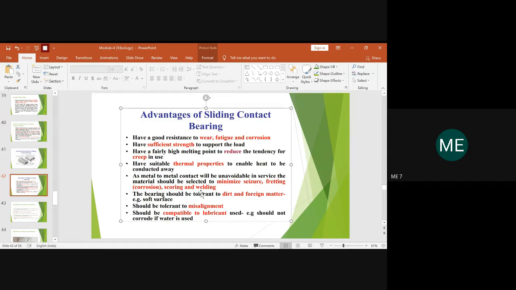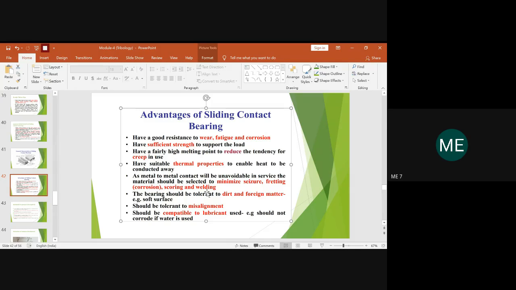And the bearing, what they are using here, is tolerant to dirt and foreign material. Sometimes the sliding contact bearing material is tolerant enough, but some other bearings cannot tolerate dirt and foreign material. Due to that, there will be impurities across the contact area, which can result in the formation of barriers for the relative motion across the contact areas. But this has a tolerant zone for dirt and foreign materials,